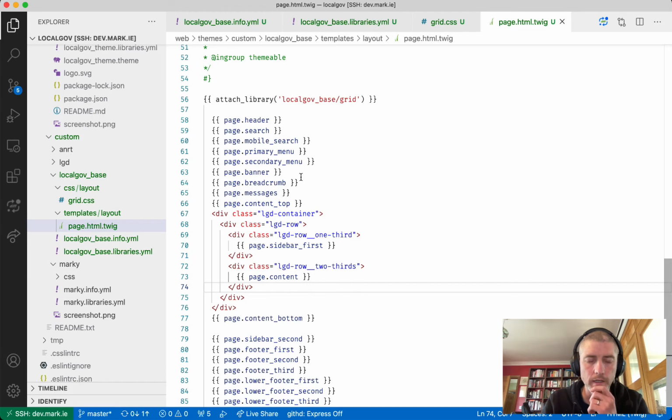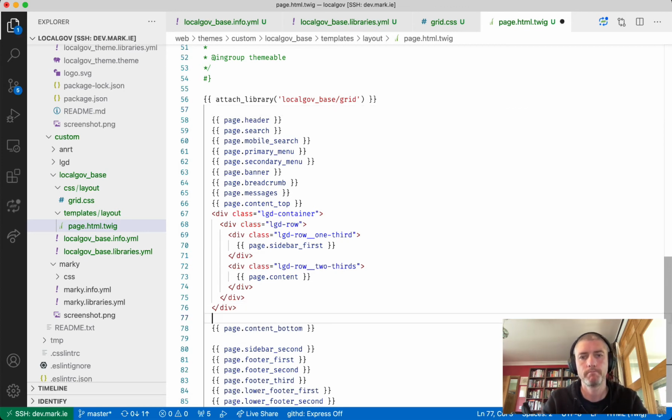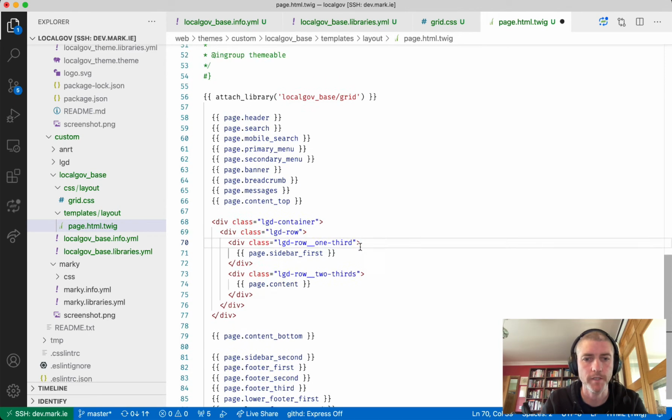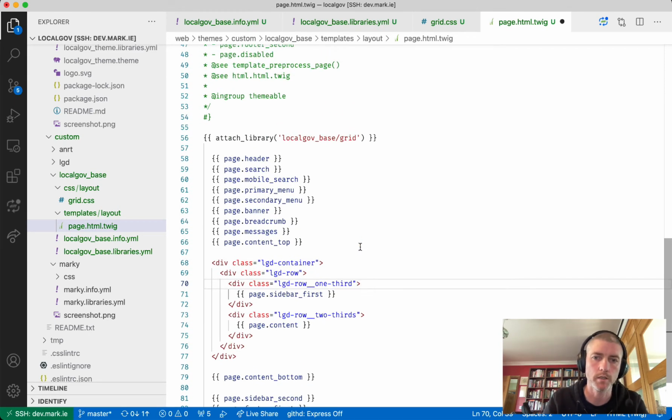Okay, so how would we do this with two sidebars, not just one sidebar? I don't want to put a layout class around the whole thing, because I want to show this as a proof of concept only, and I want to work only on the main content area. So let's do something like